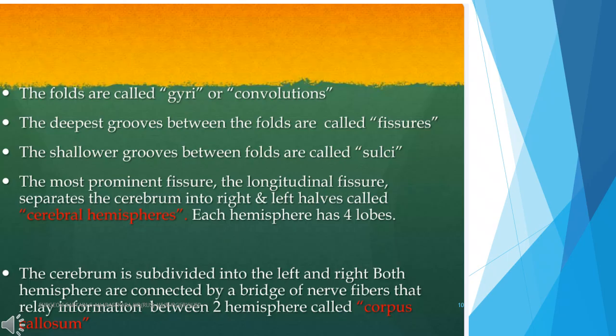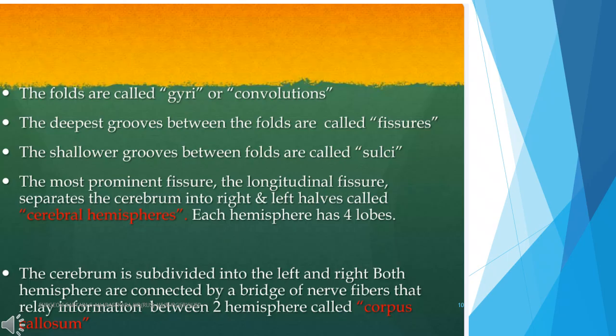So between these gyri lie grooves. The shallower grooves are called sulci, while the deeper ones are known as fissures. The most prominent is the longitudinal fissure, which divides the brain into right and left cerebral hemispheres. Each hemisphere is further subdivided into four lobes: